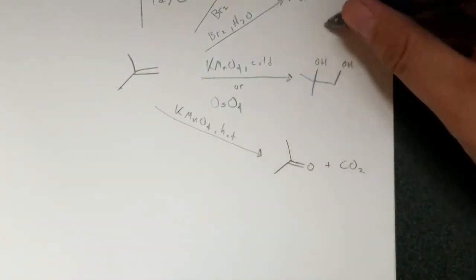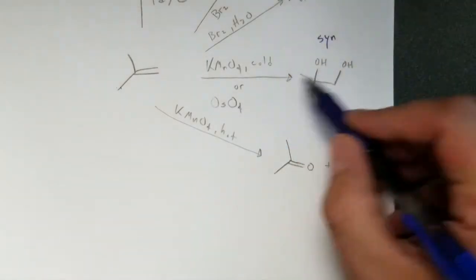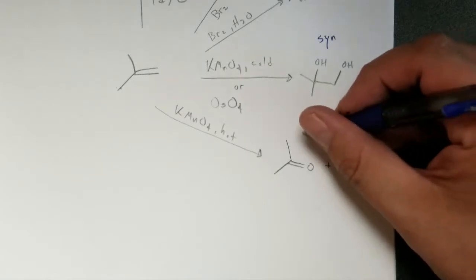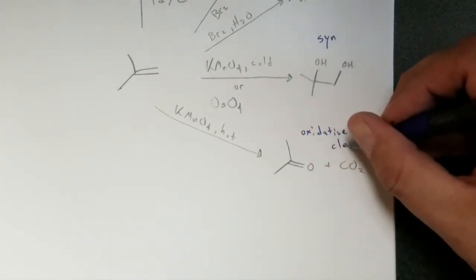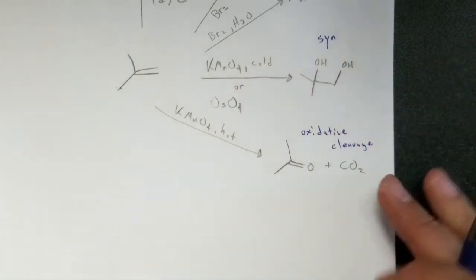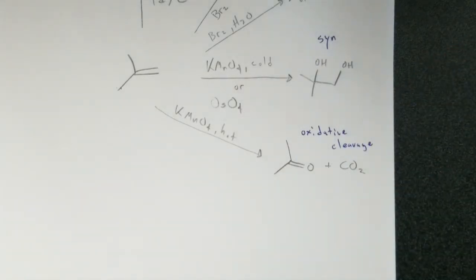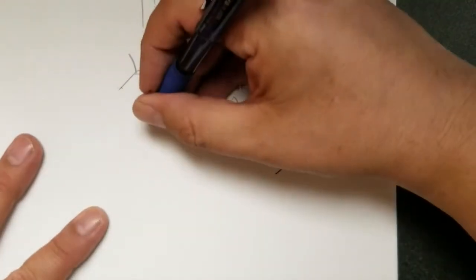So go back to here for a second. This was syn addition for the diols. This was oxidative cleavage. Okay. What was the other way for oxidative cleavage? What was the alternate? It was the better way to do oxidative cleavage. It was the ozone reaction, right? So here,